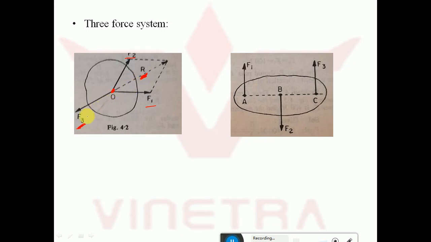Because of this force F3 the whole system comes into equilibrium: F1 and F2 have a resultant R, and this force F3 cancels out, or nullifies, this resultant. That's why this force F3 is also called the